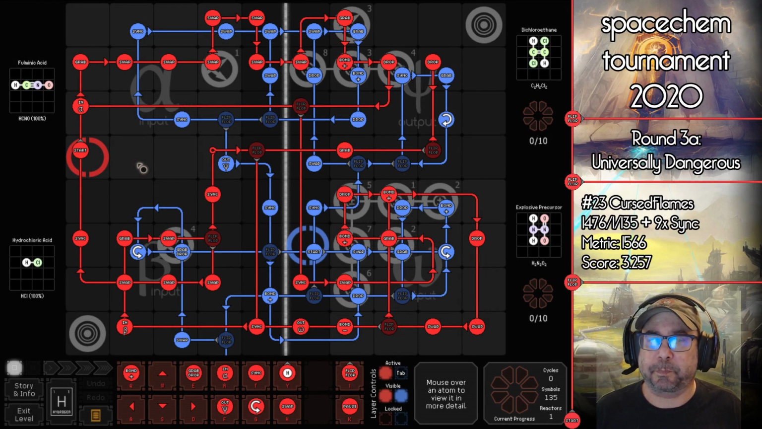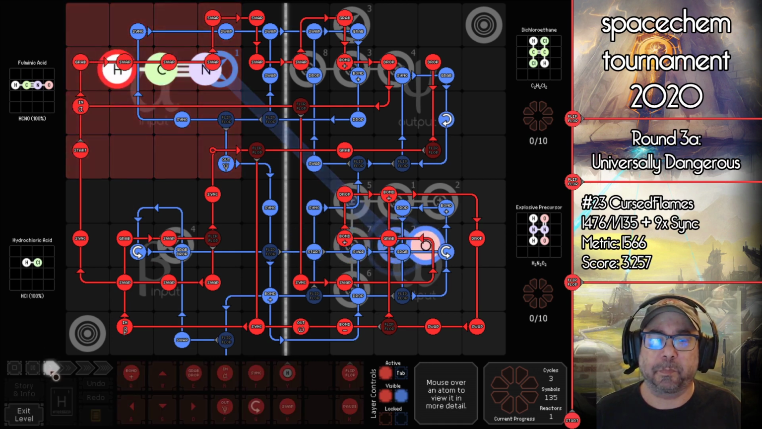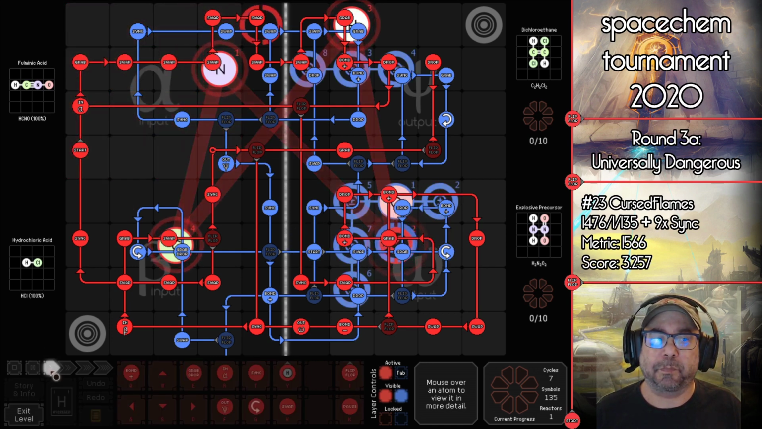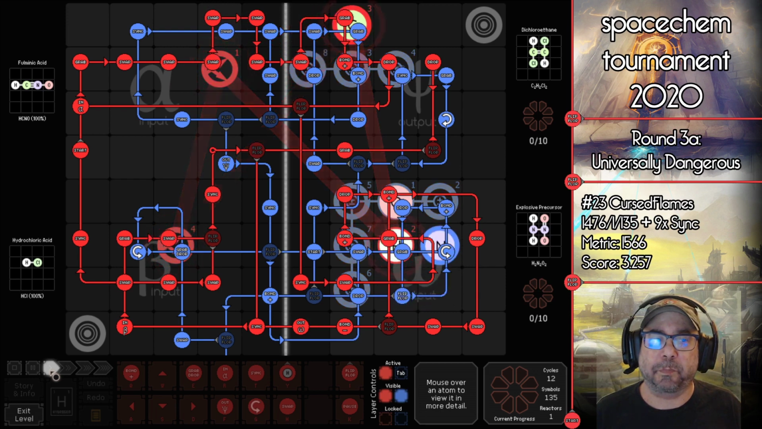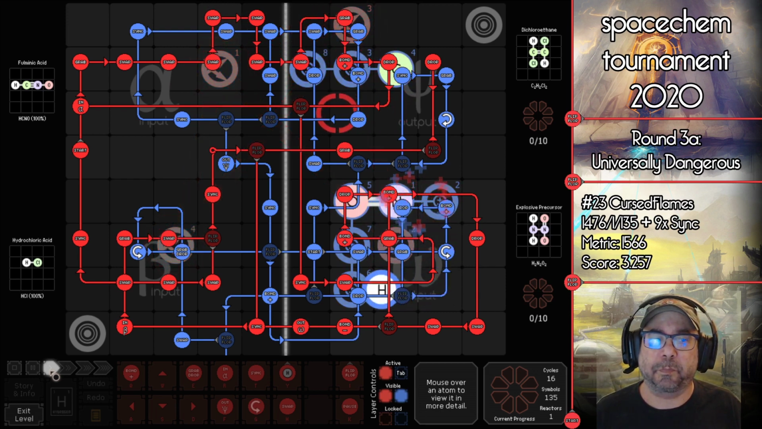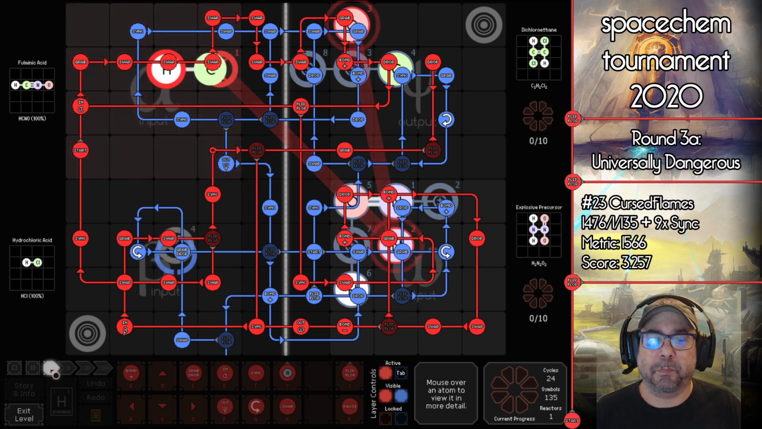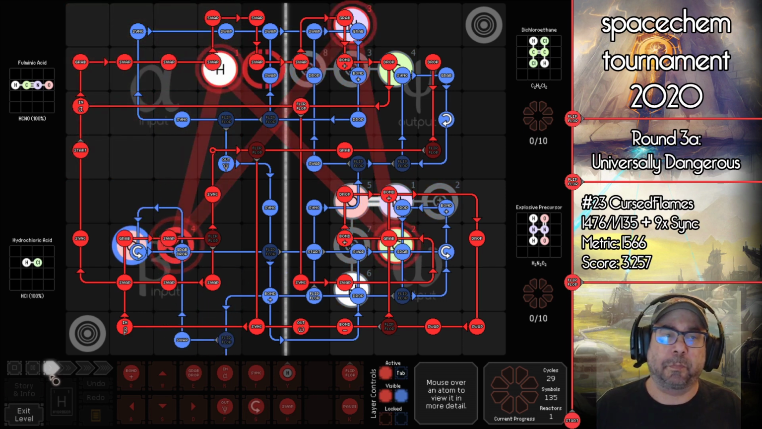So this is CursedFlames' solution. So CursedFlames has a bit of an interesting output construction method with, I believe he handles the outputs sort of asymmetrically. Let's see how he does it. So blue is going to be constructing the omega output and is